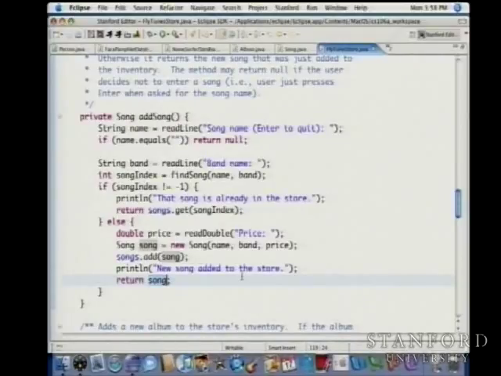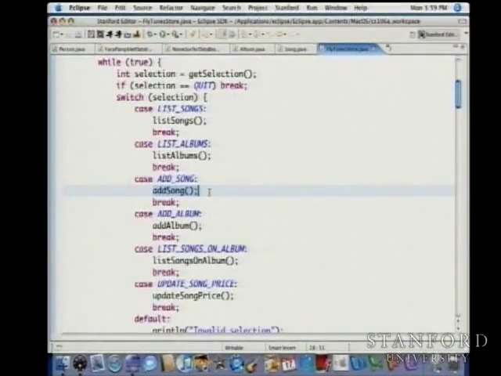And so now you might ask, okay, Maron, if I just added a song to the store, I don't really care about doing anything with that song. Why are you returning the song to me? And that's true. If I just add a song to the store, if that's all I care about, I ignore the return value. That's actually what I do up here, which is very funky, right? If you want to add a song, I just call the add song method. It goes ahead and adds a song to the store if it doesn't already exist, and it returns that song,